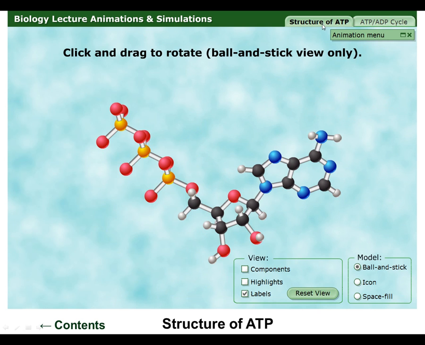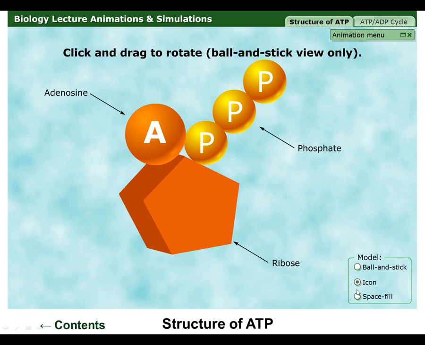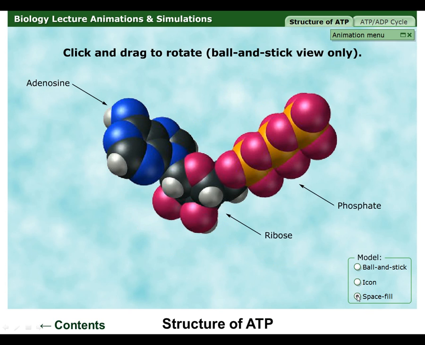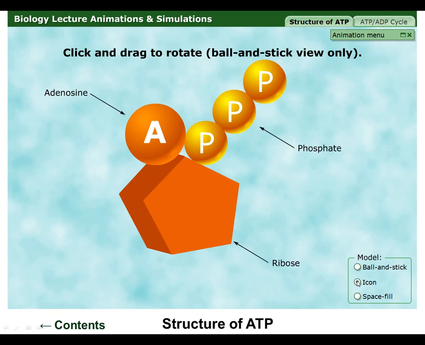So I've got a little simple. All right. Which way is better for you guys to see this? Ball and stick model, the icon, or the space fill? Do y'all have a preference? It's all going to be the same thing. Okay, yeah. The icon is real simple, obviously not structurally accurate at all,